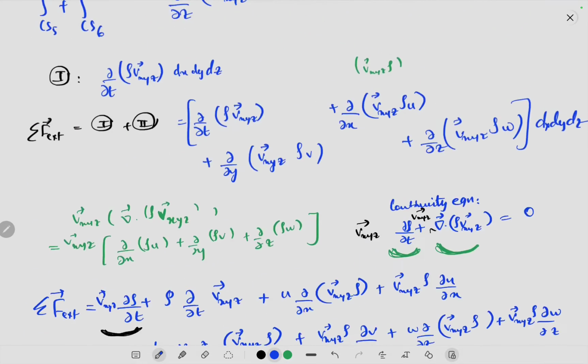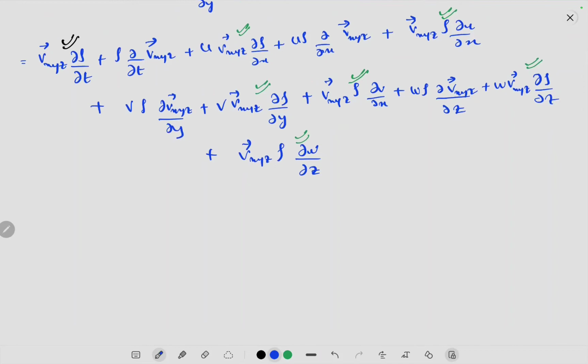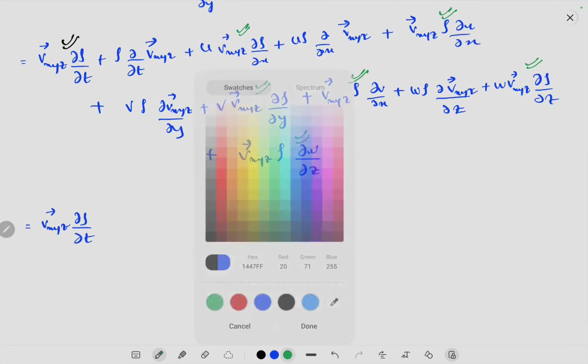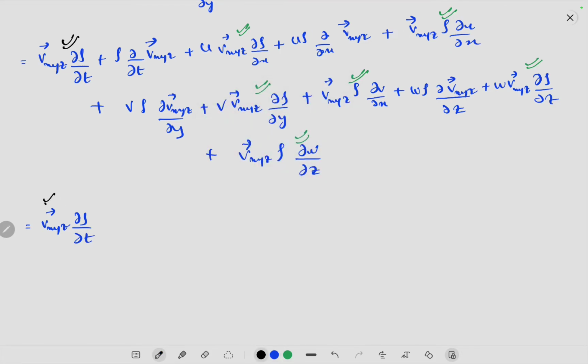So let's just write them. What we have here is vxyz del rho by del t. For convenience, let's mark it again like this so that you can follow it easily, that this term is this term. Okay, now let's write this term, which is u vxyz del rho by del x plus